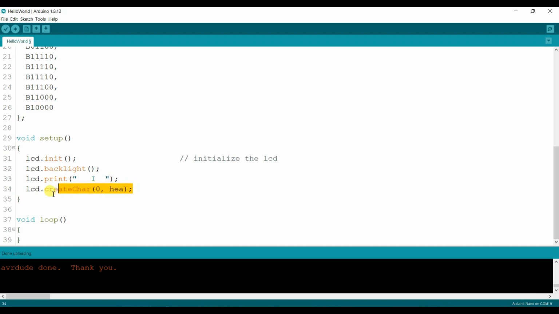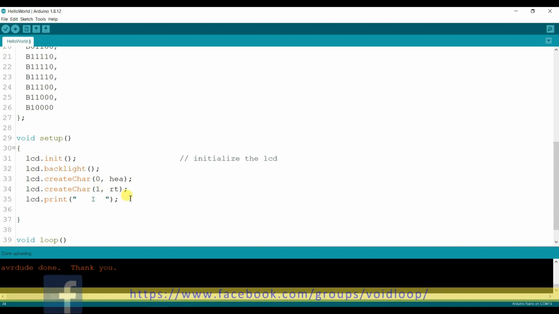Okay, sorry, first we have to create, and again lcd.createChar, one, RT.